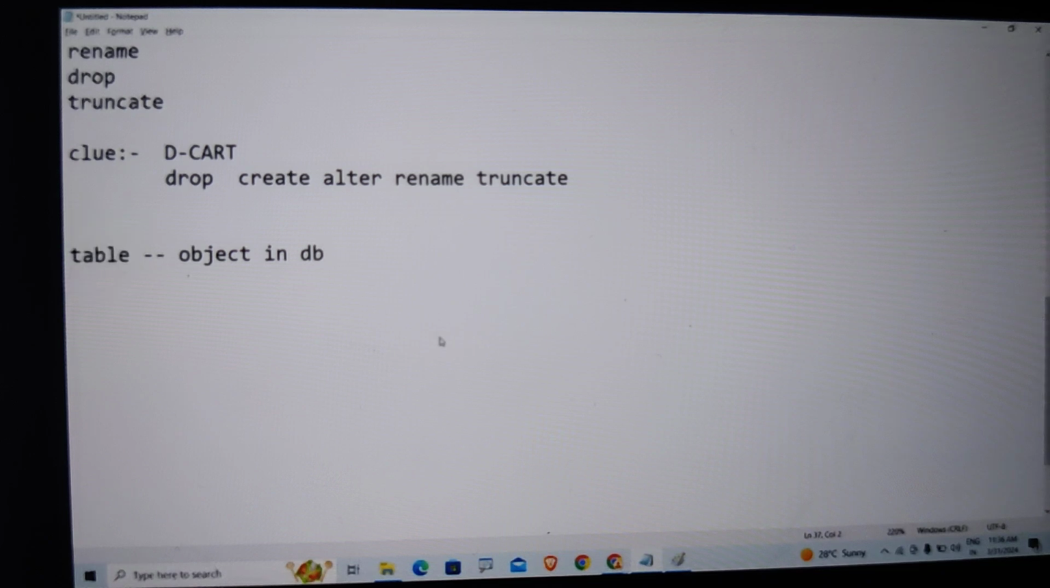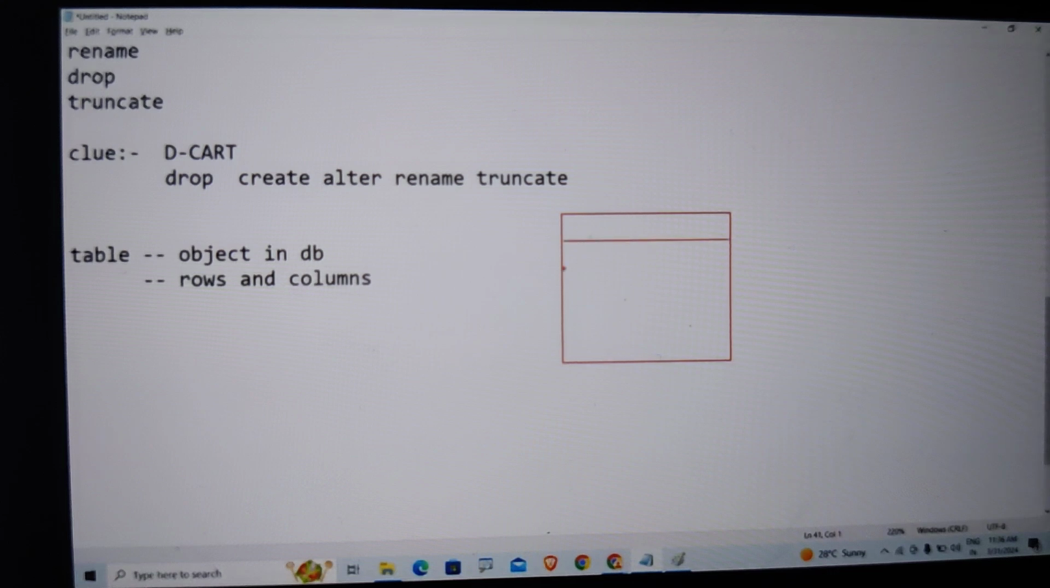What does a table contain? A table contains rows and columns. Very simple, it is a combination of rows and columns. So observe here, it is a structure. These are rows, and these are the columns. Can anyone tell me how many rows and how many columns? 5 rows and 3 columns. This is the first row, second row, third row, fourth row, fifth row, and this is the first column,